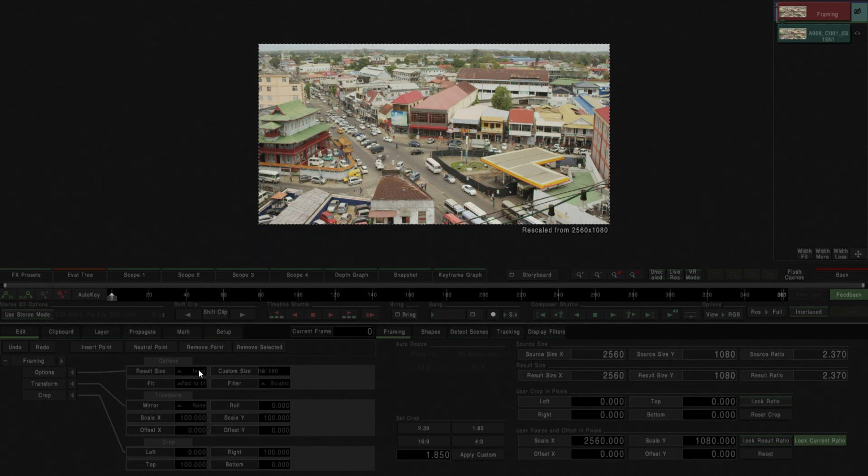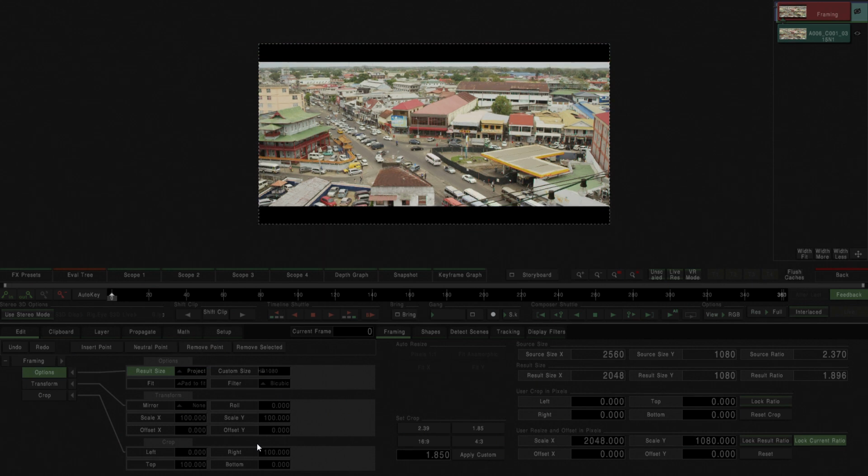First of all, Mistika will always respect the input resolution, and that's why it's still saying this is rescaled from 2560 by 1080. I can change that by changing result size. So in result size, I'm just going to click and say, okay, I want the result size to be the project resolution. And you can see there, automatically Mistika has padded this shot. And why? Because in fit, just underneath result size, we have different options on how to fit the image into the project resolution. If we want to pad, crop,